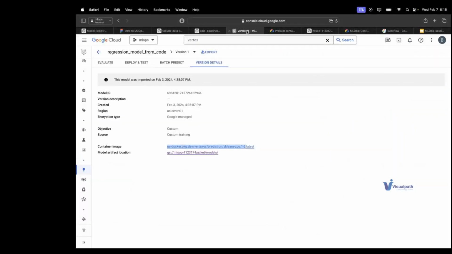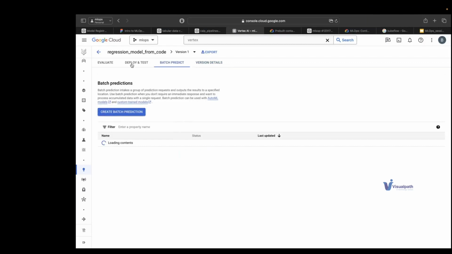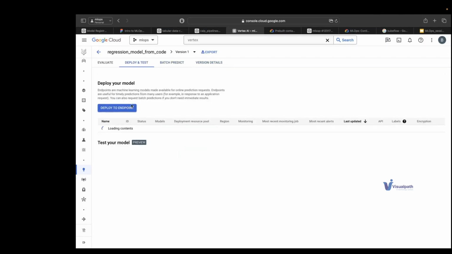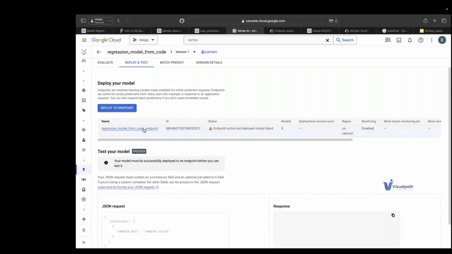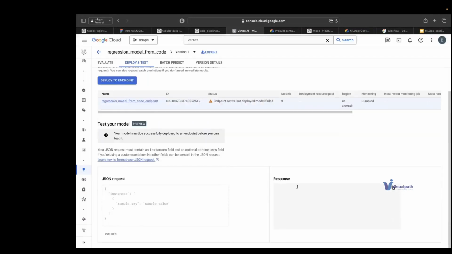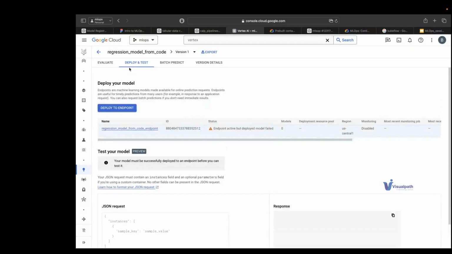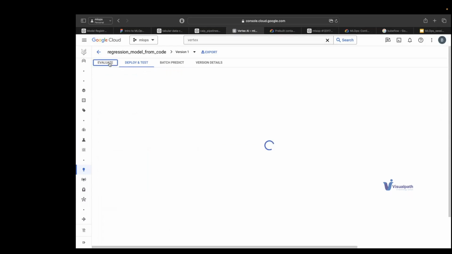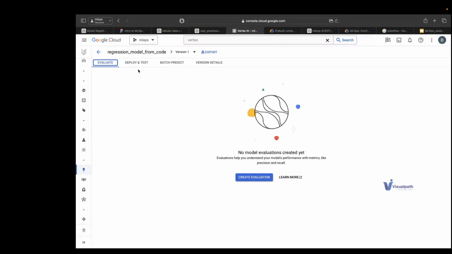And you can also do batch predictions, deploy into an endpoint. What do we mean by endpoint? Endpoint is nothing but a place where your business team or any other downstream applications can hit. It works in a REST API format. You have an API, you have to send a JSON request and you will get a response. So we'll definitely see this in the demo session later on. So now once we have all the base things ready, we'll quickly jump onto the demo.